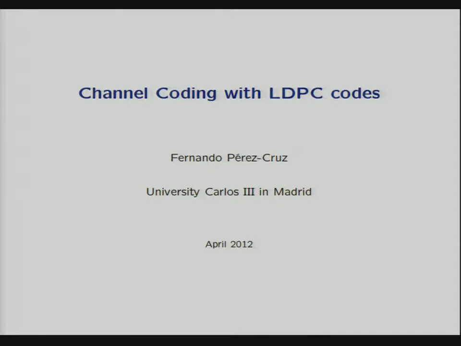My idea here is just to show how to solve the channel problem with LDPC codes, which is roughly using belief propagation, which we could say is a machine learning algorithm, although it has many faces, and you can see it also in communications and in transportation. There are many other ways that you can derive belief propagation. But the way it was used to solve the channel coding problem, it came from a machine learning point of view. And I think that's important